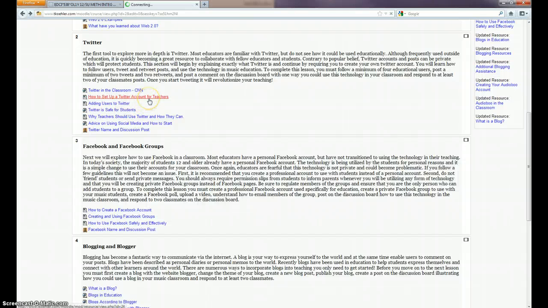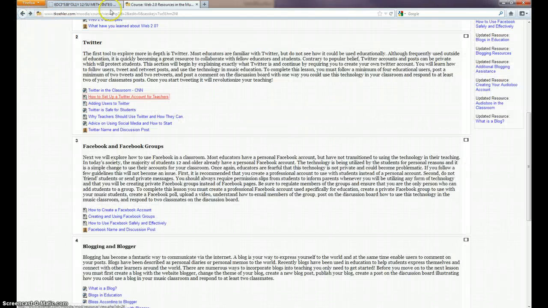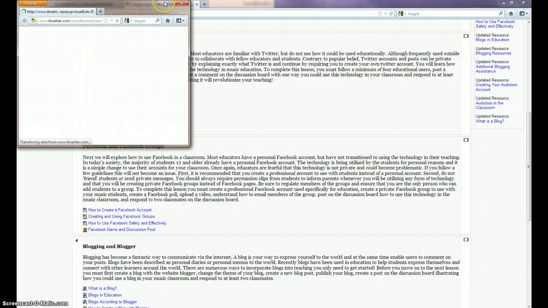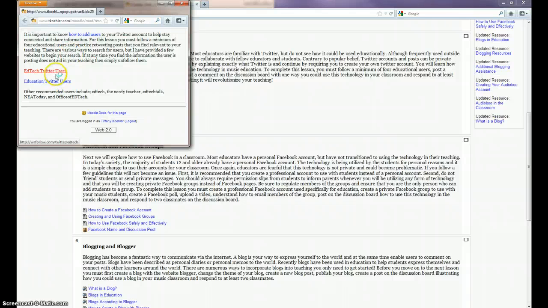These are both web pages, so they just link, and then there's an explanation, and there are links in here. If you're still confused and you can't follow the Twitter.com directions, then there is a video here by AK Style on how to create a Twitter website, and then here, how you retweet and how you tweet. And then here, you have adding users to Twitter. I also have linked on here EdTech Twitter users and education Twitter users, so if you don't know how to find users to follow, these are great resources,